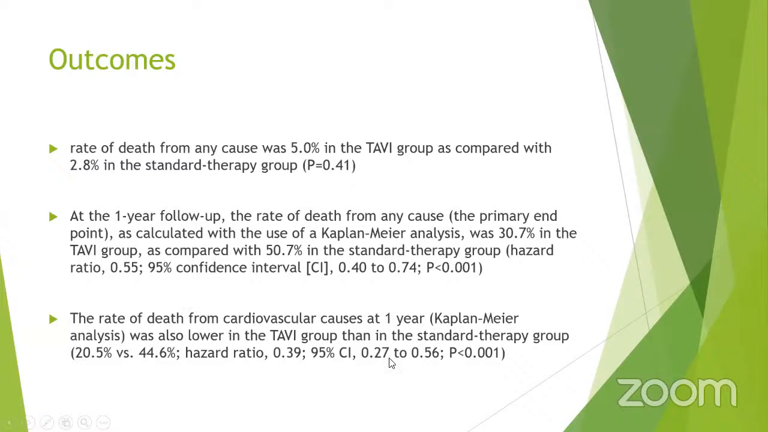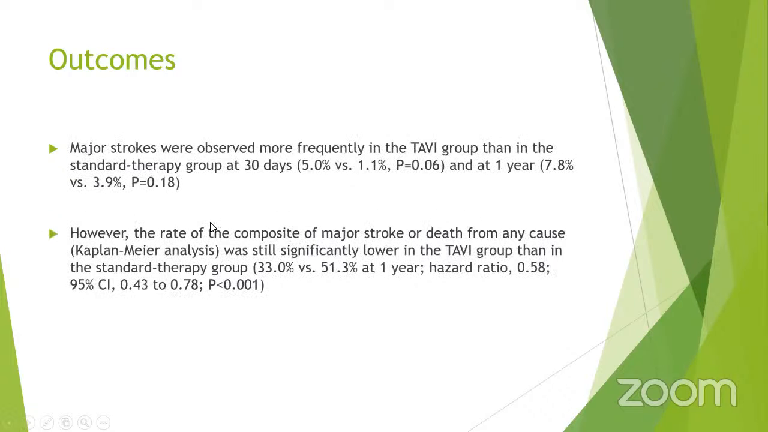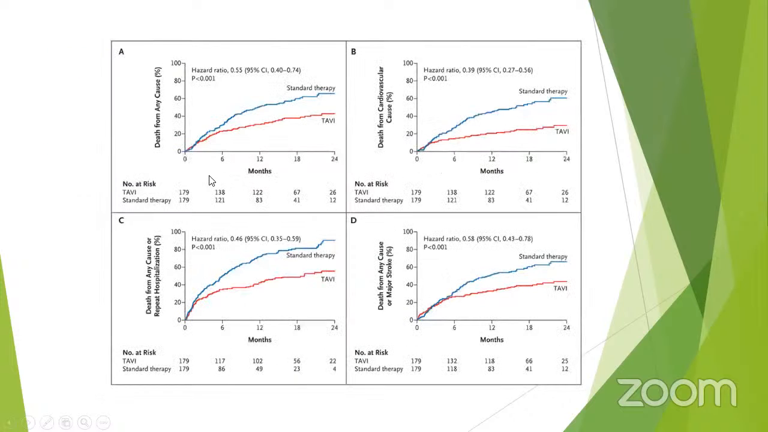The rate of death, again, from cardiovascular causes was 20.5% versus 44.6% in the standard therapy group. The major stroke, as we said before, was observed more in the TAVI group as compared with the standard therapy group. And here we can see in the Kaplan-Meier curve that death from any cause at 1 year was more significant in the standard therapy group,